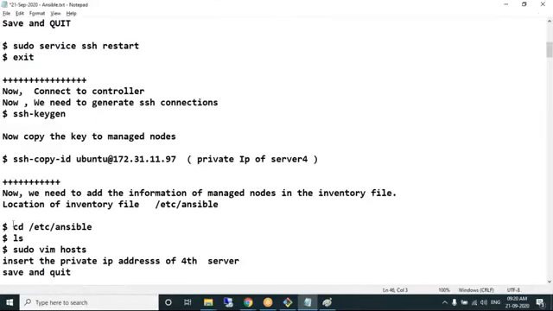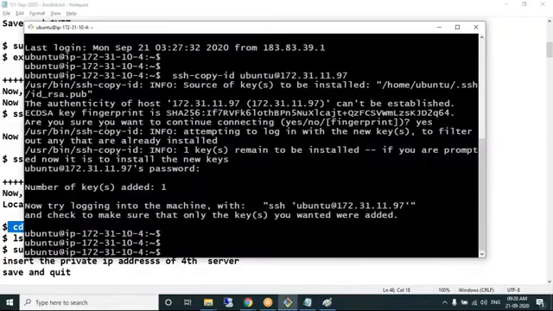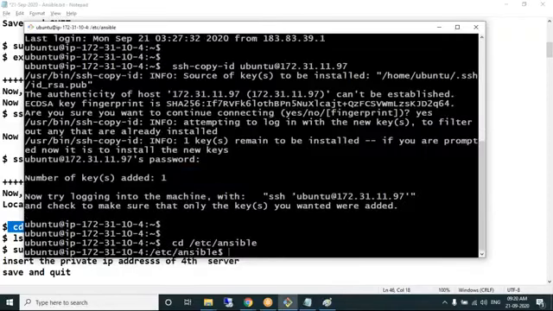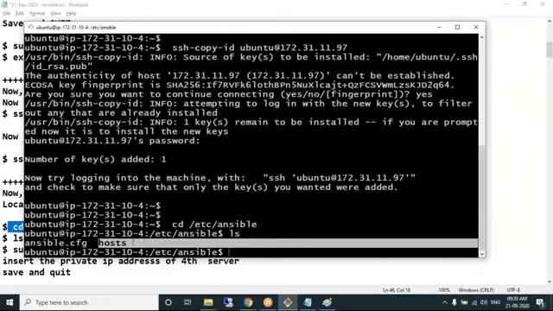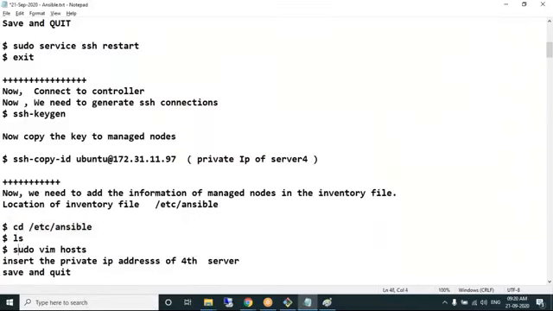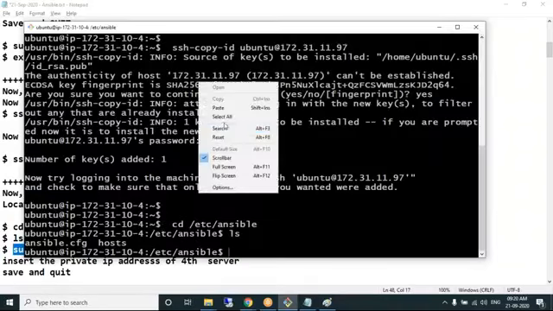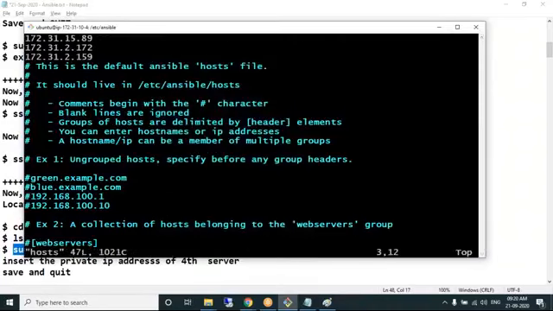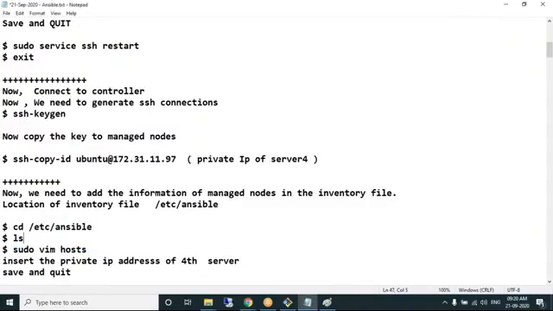So I'm going to this location, Ansible. There's a file called the host file. I open this host file. Insert, take the private IP address of server 4.